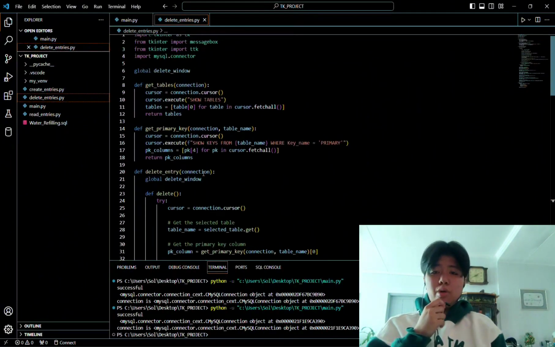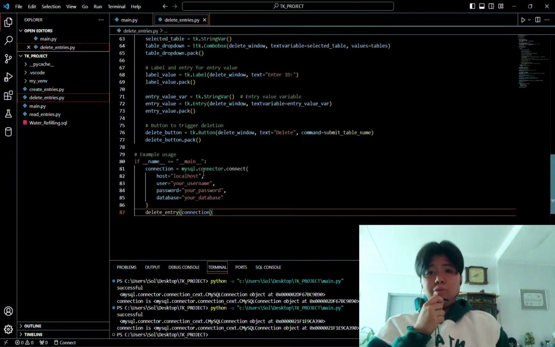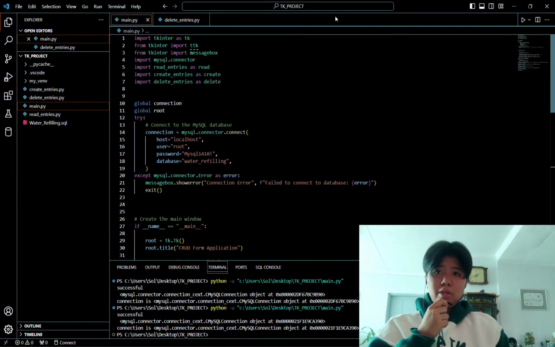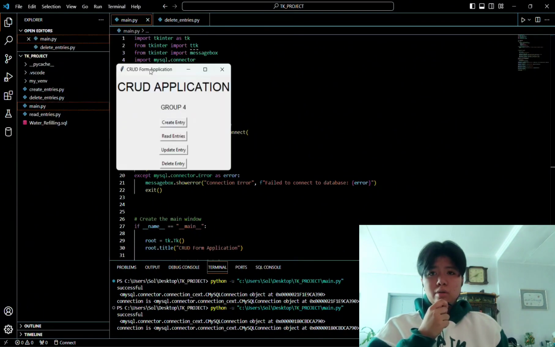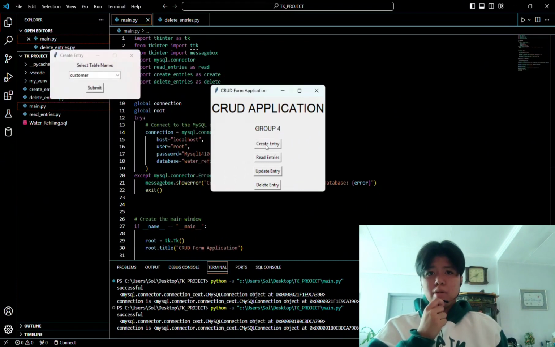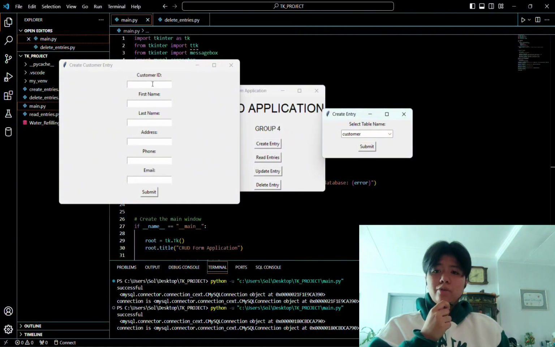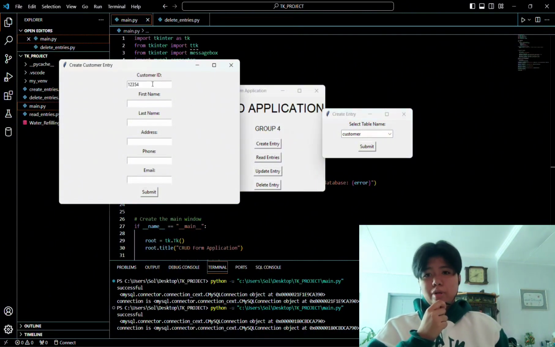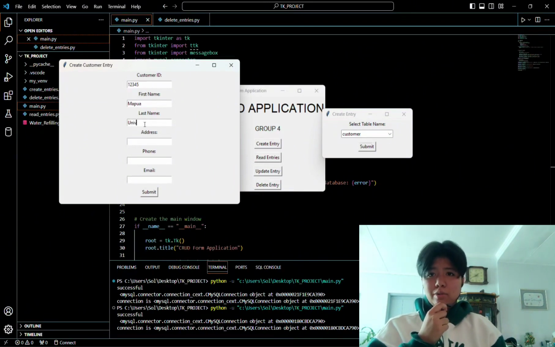Here is the code for the delete entry, and I'll be using this and running the main Python code. Now I'm going to first create an entry as there is none. So I will put in random data like 1, 2, 3, 4, 5. And put the name Papua University, address at Pablo Ocampo,